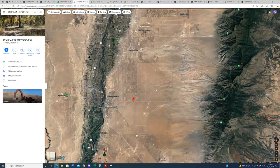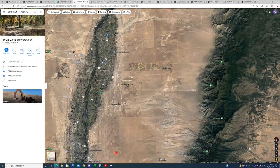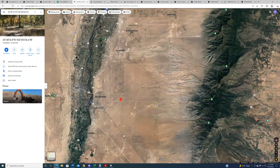So people back east who didn't know any better spent more money than was probably reasonable to invest in land anywhere at that time. And they sold all these thousands and thousands of lots based off the premise that, oh, give it 10 years and this area is going to be booming. So obviously now it's about 60 years later and the area is still not booming. There's some encroaching development over here. If you kind of go up in the northern area here, there's a subdivision that's venturing its way slowly east toward the mountains. There's another one over here, etc. But the point is that the area never lived up to that. And because of that,